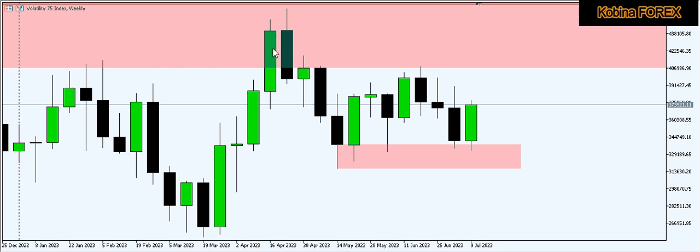But here on the weekly time frame, we have this beautiful order block resting here, which actually rejected price to all these levels. You could see that price actually traded into the mean threshold of the order block,